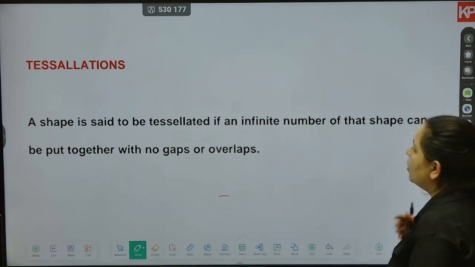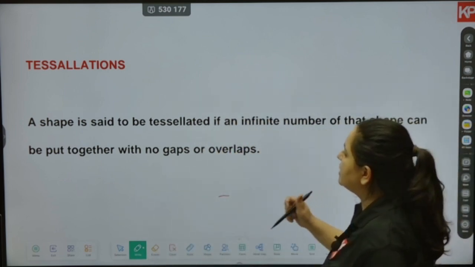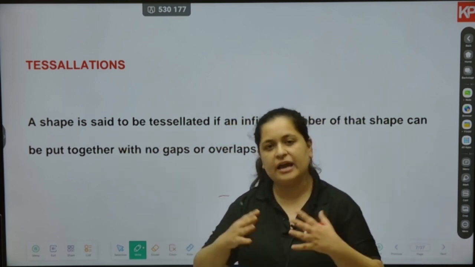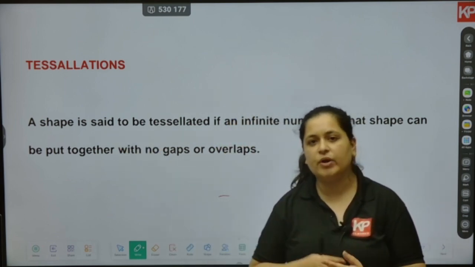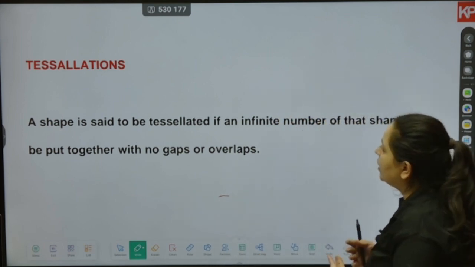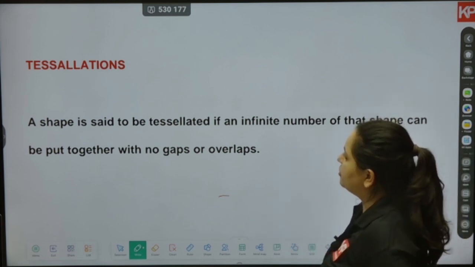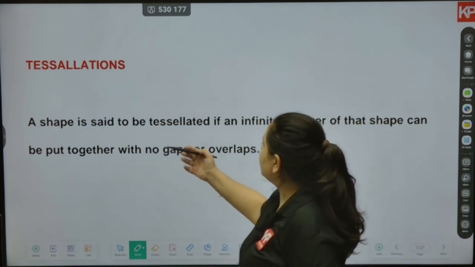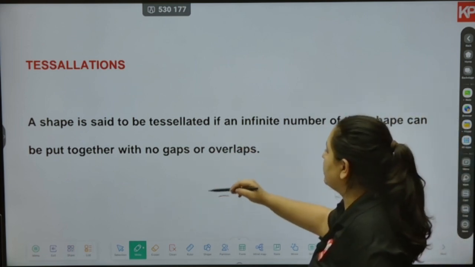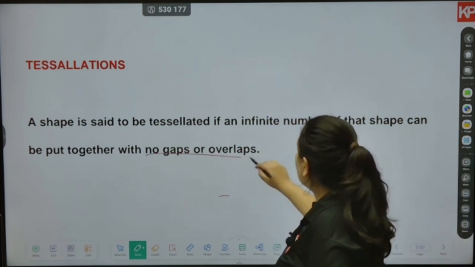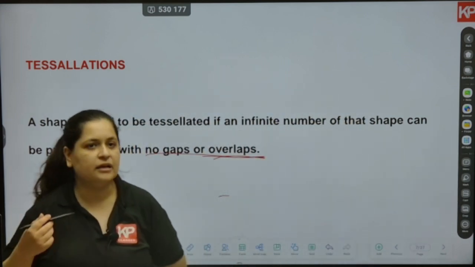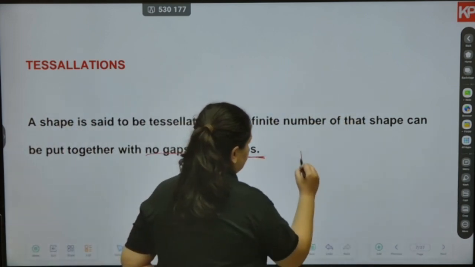Let's understand what tessellation is. Let's go into the detail of it and try to solve a few questions based on that. Starting with the definition of tessellation: a shape is said to be tessellated if an infinite number of that shape can be put together with no gaps or no overlaps. For example, if I am tessellating a square,